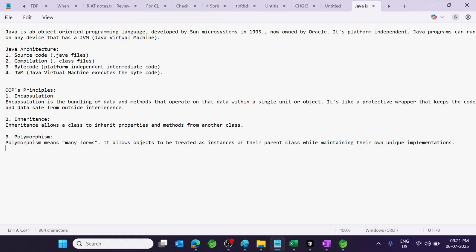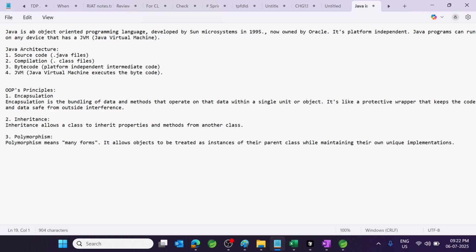So when we do coding, that time we could understand the polymorphism very clearly.